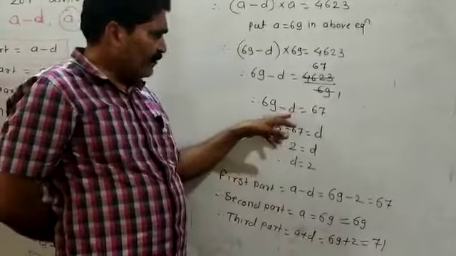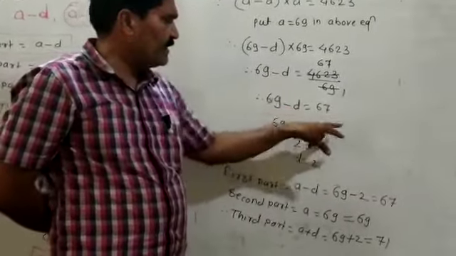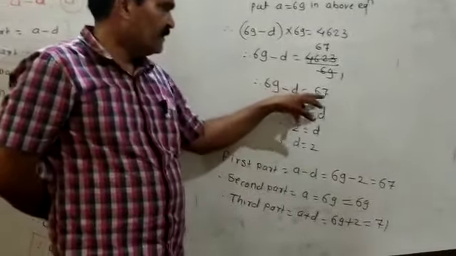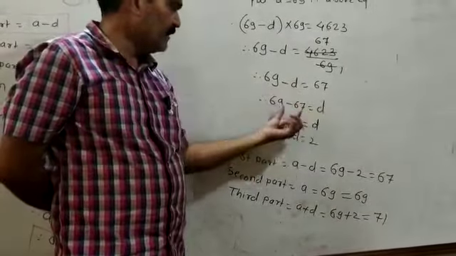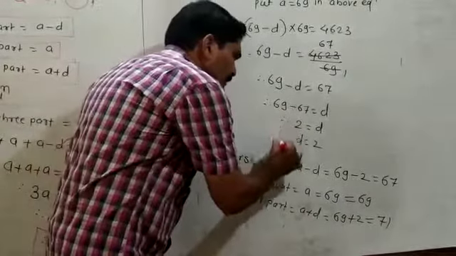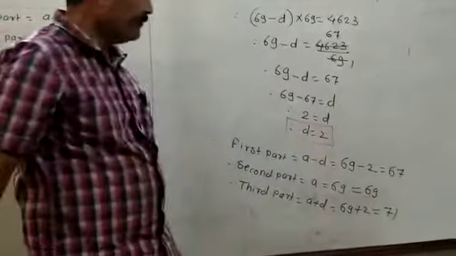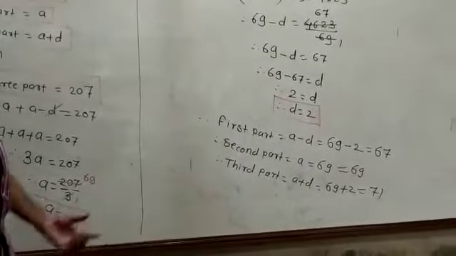Then you have to find the value of D. So you have to transpose this minus D to that side and 67 to this side. This plus 67 becomes minus 67, minus D becomes plus D, and 69 minus 67 is equal to 2. Therefore the value of D will come to 2. Once you get A is equal to 69 and D is equal to 2,